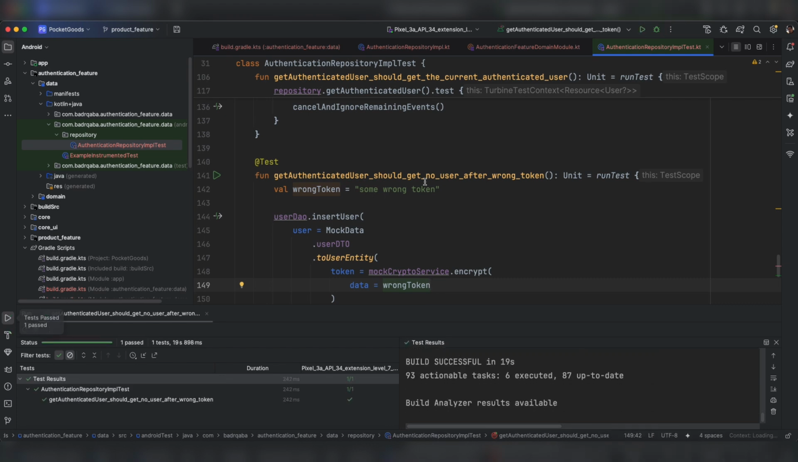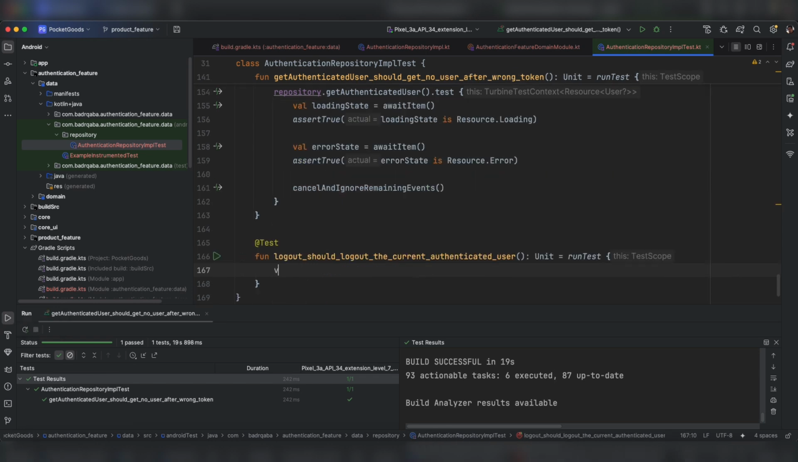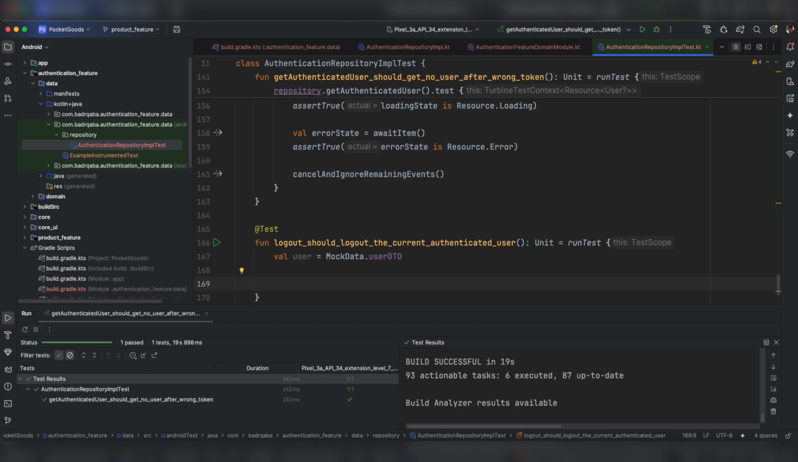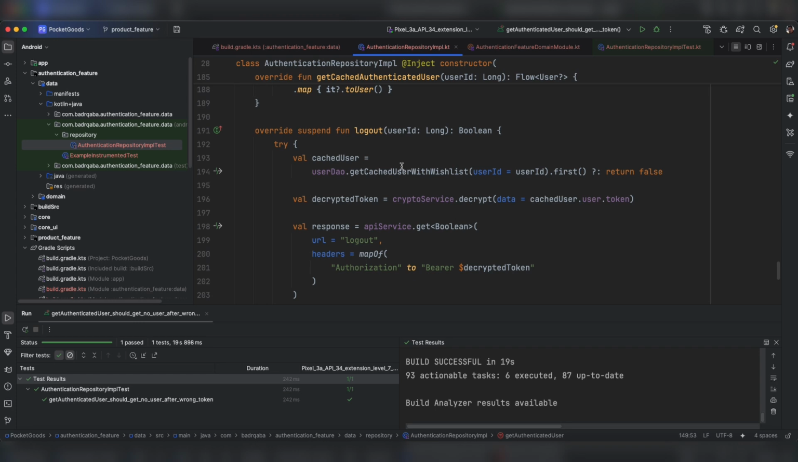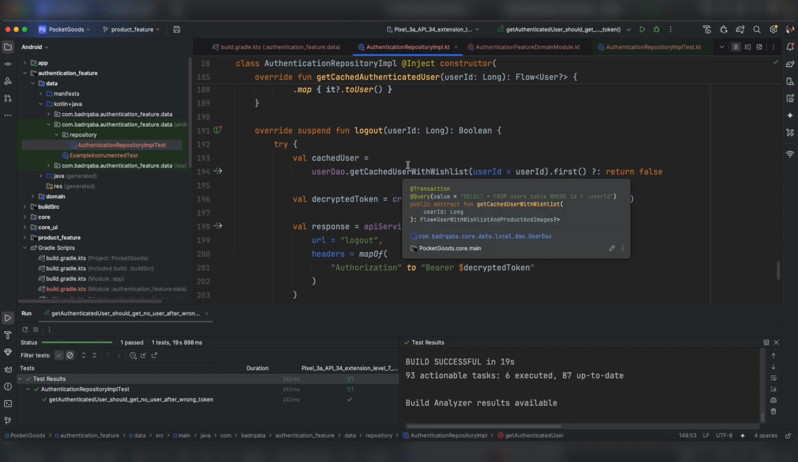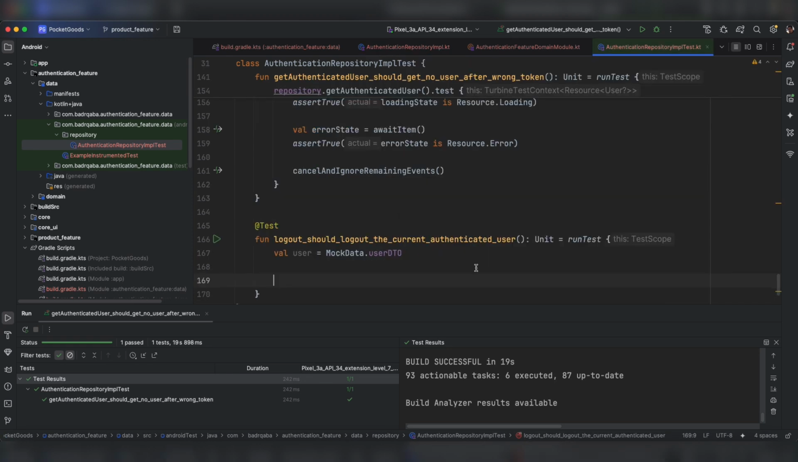Now we are 100% sure whenever we are going to pass a wrong token, the get authenticated user is going to give us an error of type API error. The other function that we have to test is logout. Let's arrange and let's insert a data, because under authentication repository implementation, before running the function logout, we need to make sure that we have already a cached user in order to get the correct token, and we have to